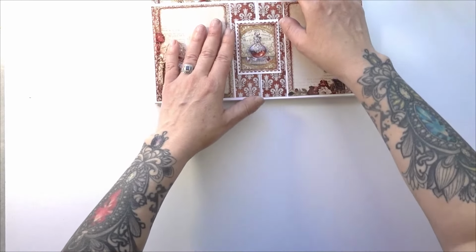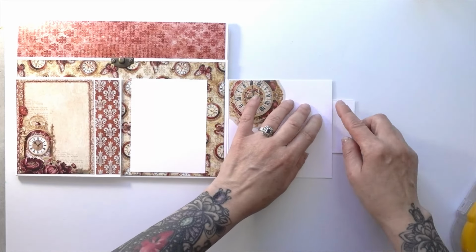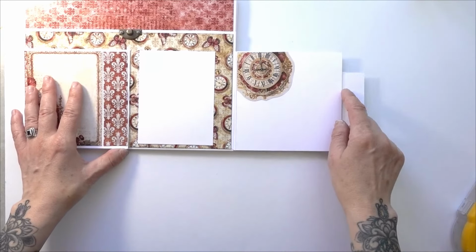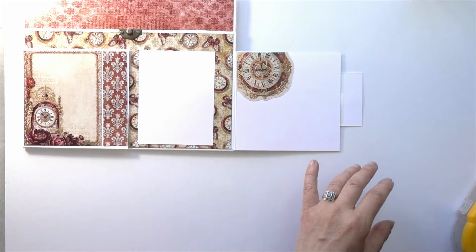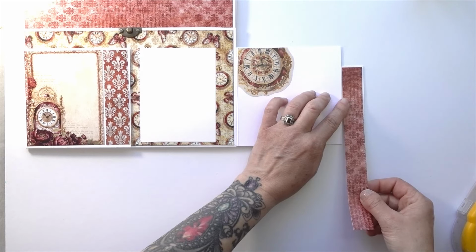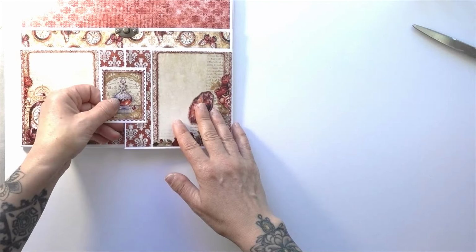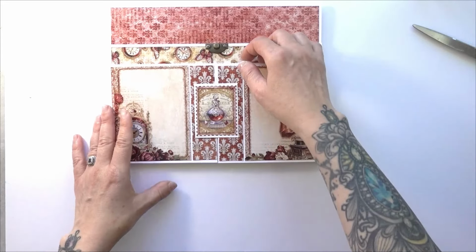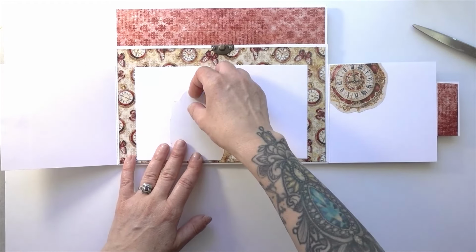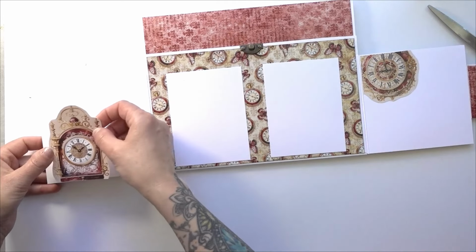down, and hopefully, oh, I shouldn't have put that last line there. That's okay. We're gonna put a piece of paper here to cover that up. So let's go with this. Yeah, perfect size. Excellent. Fabulous. Okay, so now we've got a little magnetized closure there,